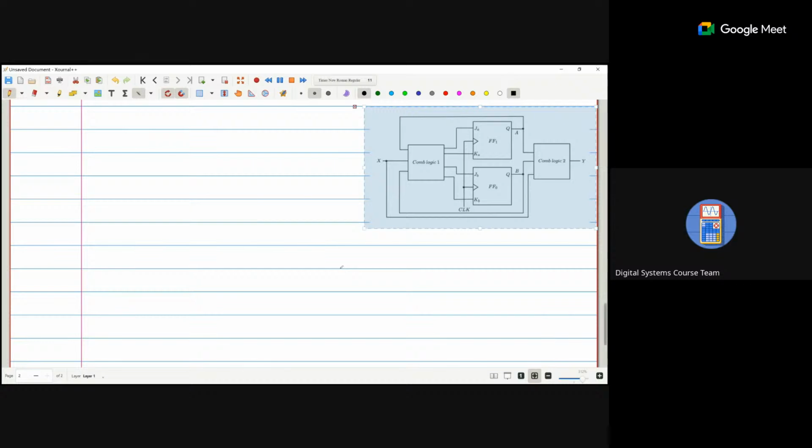We have a JK flip-flop that is used for the sequence detection. So what is the meaning of sequence detection? For example, if we are talking about my present state,